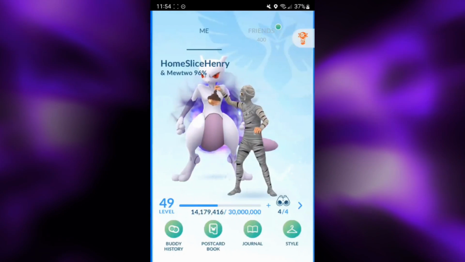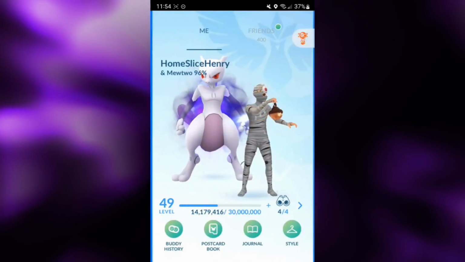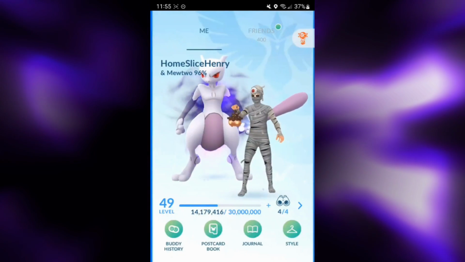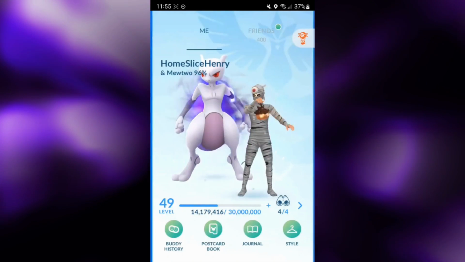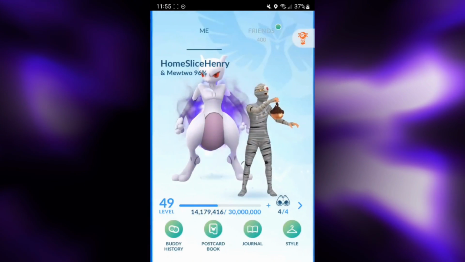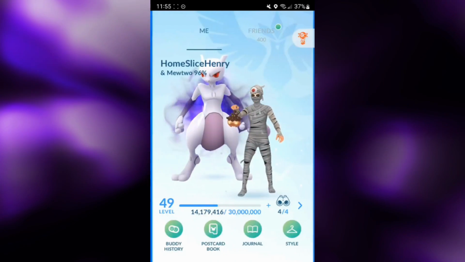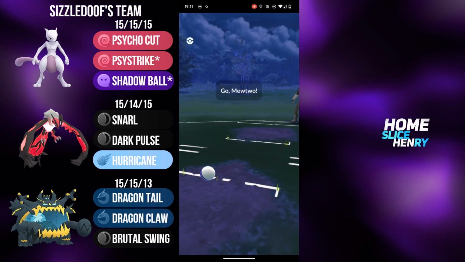Open Master League featuring an XL level 50 GUZZLORD. These battles were submitted to the channel by a member of the community, so many thanks for the battle submission. XL GUZZLORD is a Dragon and Dark type Pokemon with the moveset of Dragon Tail, Dragon Claw, and Brutal Swing, and this trainer pairs it up with a double Legacy Mewtwo on the lead and a Hurricane Yveltal on the safe switch. So without further ado, let's hop into the matches and check out XL GUZZLORD in action in the